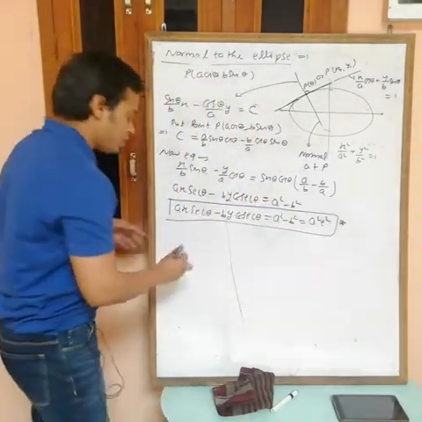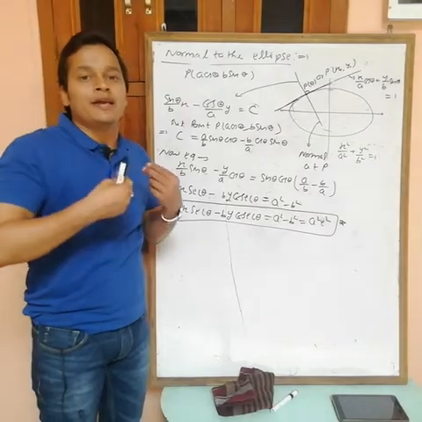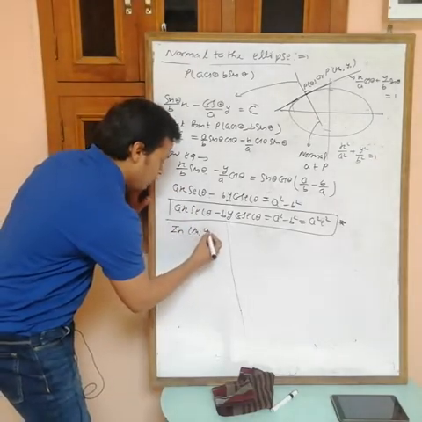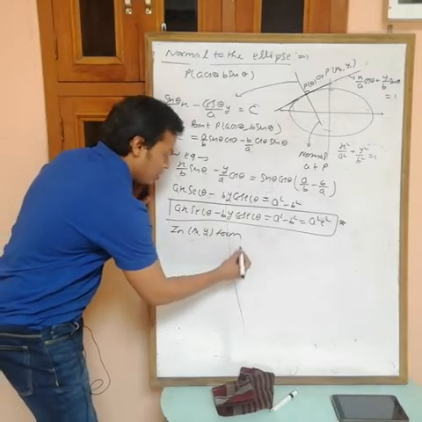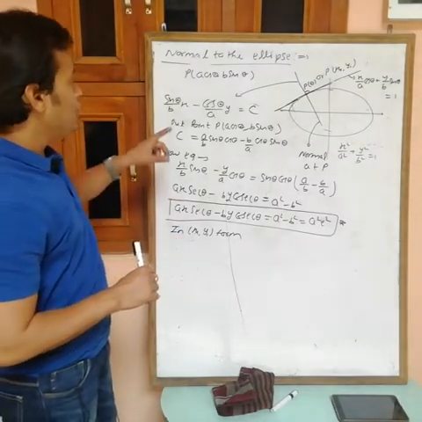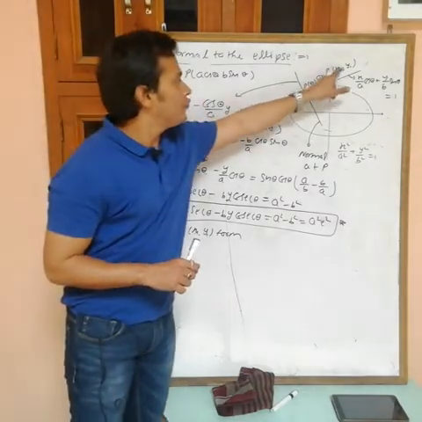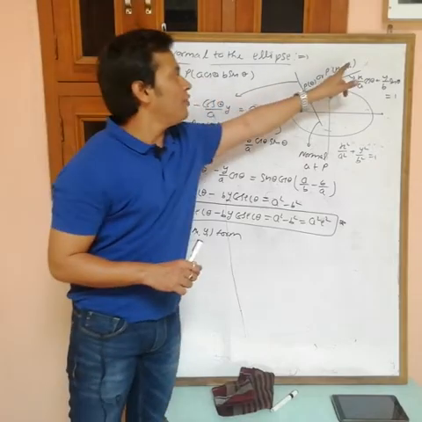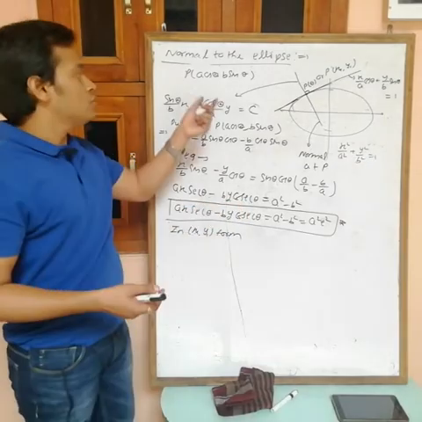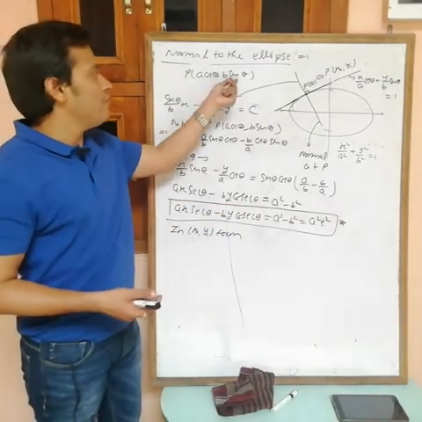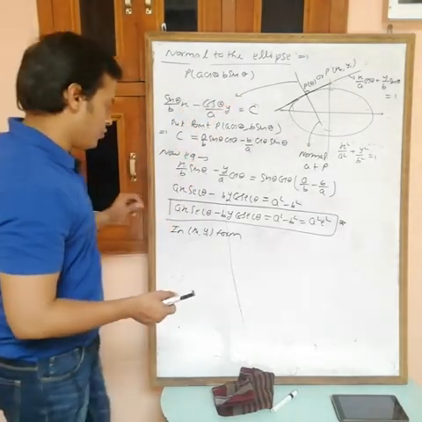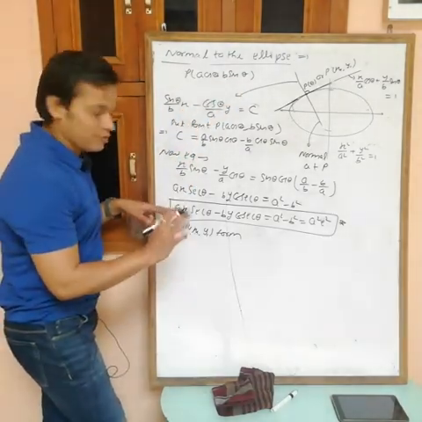Okay, now if you want the equation of normal in x1 y1 form, then simple. Actually here x1 equals a cos theta and y1 equals b sin theta, because we are putting the point a cos theta comma b sin theta, na. So if you want to use P as x1 comma y1, then a cos theta equals x1 and b sin theta equals y1.